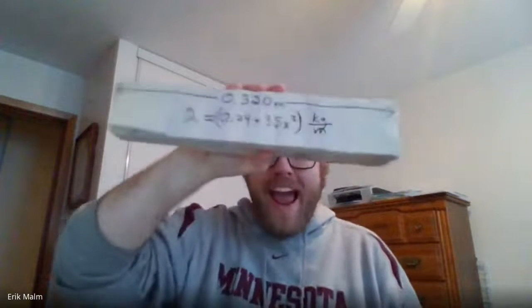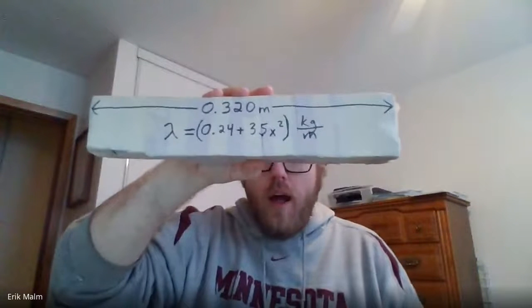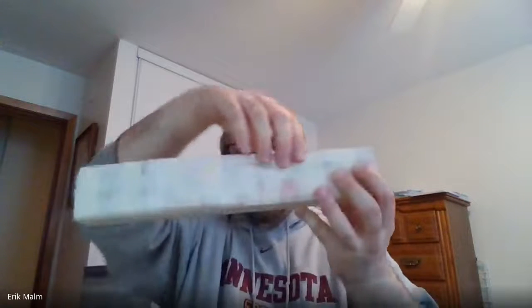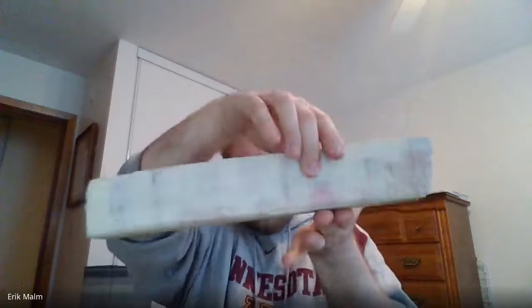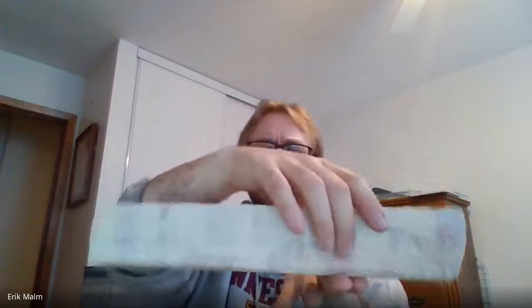We'd like to use everything we've learned so far, all of our equations, all of our relationships, to try to actually calculate two things. I want to know what the total mass of the bar is, and I also want to know where its center of mass is. So what is the mass and where is the center of mass? And to help you check your work, we can see roughly what the center of mass looks like. So if I find the point where it balances,